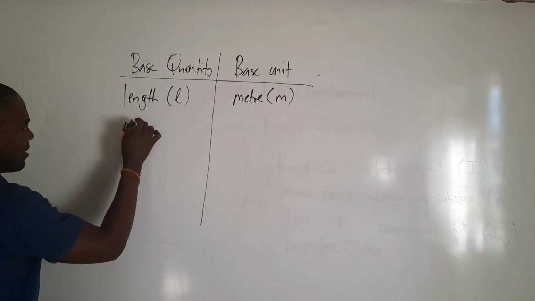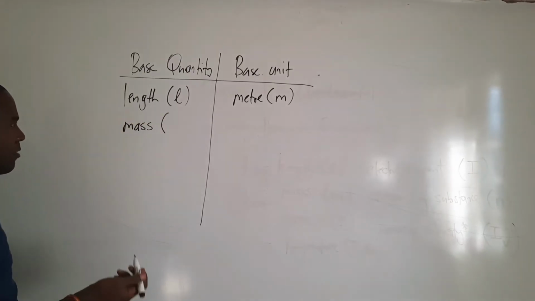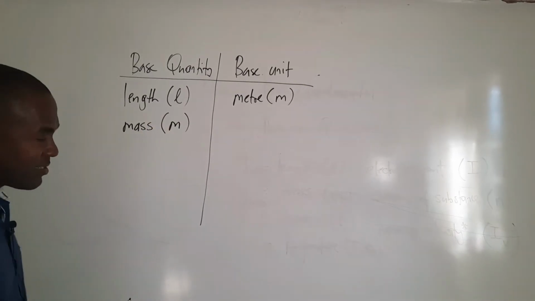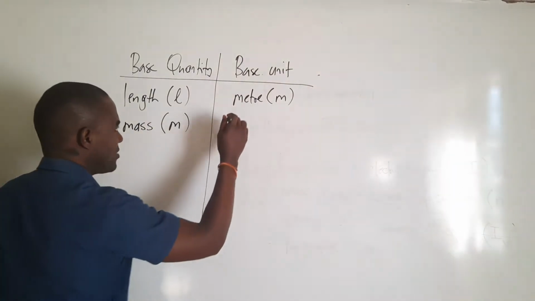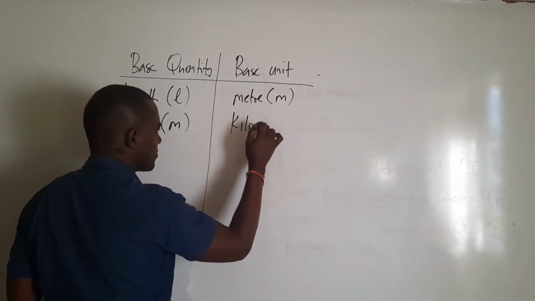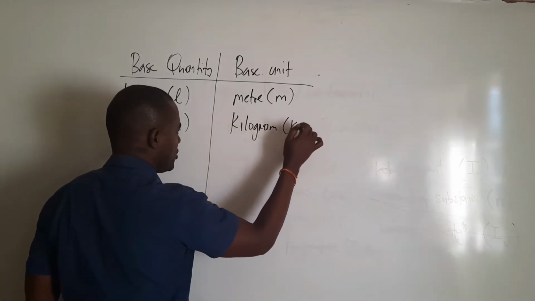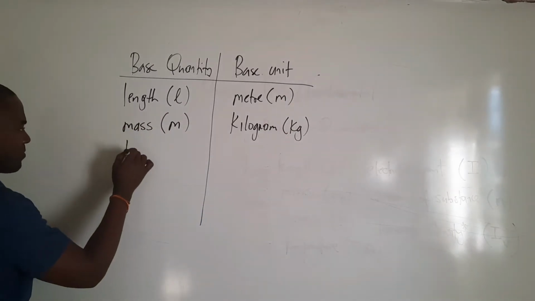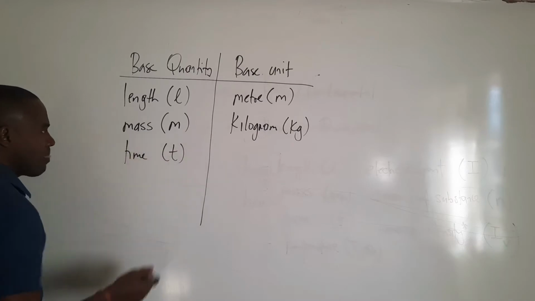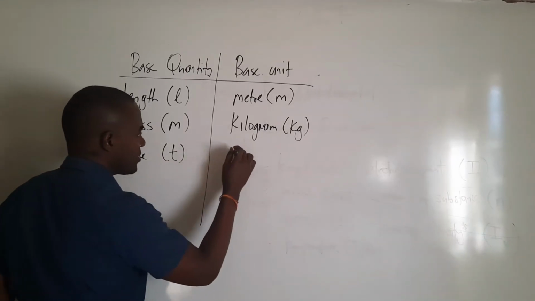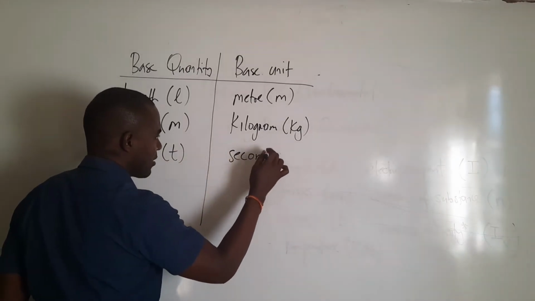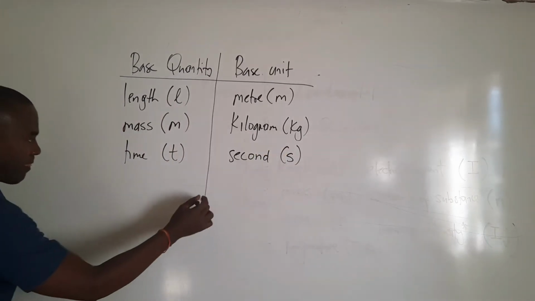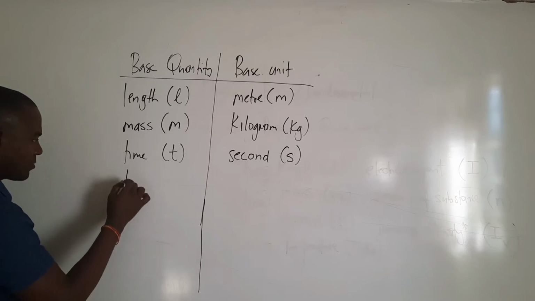Next is mass, and the symbol for mass is a lowercase m as well. The SI unit for mass is the kilogram. So this is a kilogram, kg. The next is time, symbol T, SI unit, the second, symbol s. Length, mass, time, temperature,